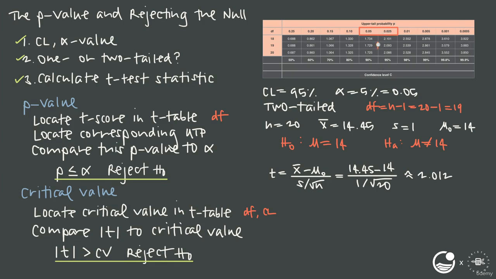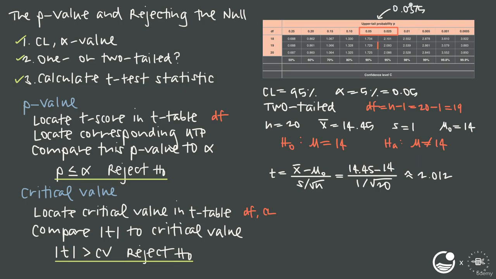Now, usually what we'll do at this point, because we know that our t-score is somewhere in between these 2 values, we'll pick some value between 0.05 and 0.025. So let's just say, for the sake of argument, that we split the difference equally. In other words, we take the halfway point between 0.05 and 0.025. Well, the value exactly halfway between these 2 is